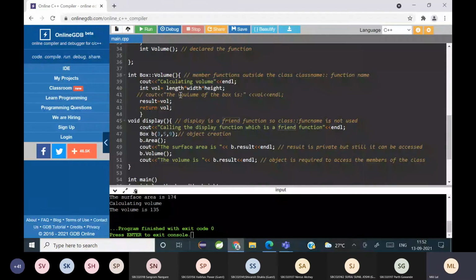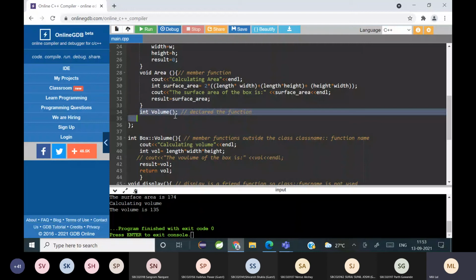Yes, students. Speak up. One similarity between friend function and a member function is their declaration type is same. Means how they are declared, it is same. Declaration type का मतलब? The syntax of declaring them, I mean that. Yeah, but how can you say it is same?